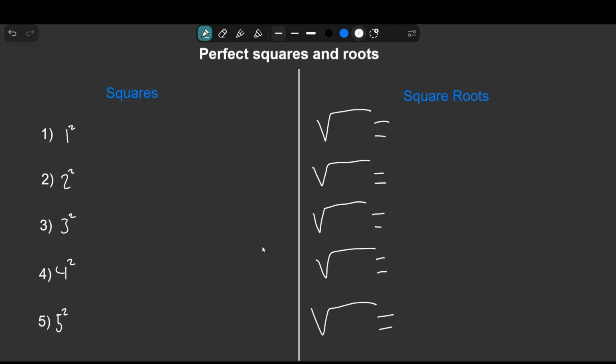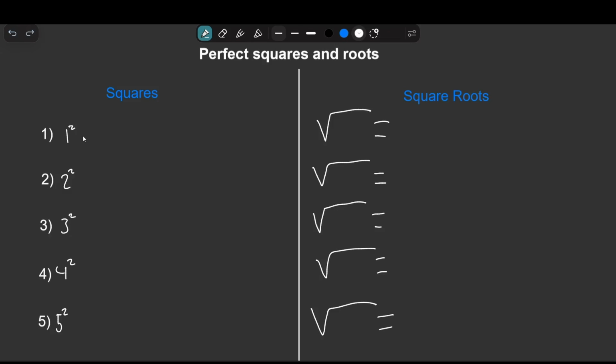And when it comes to square roots, they are the opposite or the inverse of squaring a number. So we need to think what number multiplied by itself will equal the number under the root symbol. So let's jump into the first 5 perfect squares and square roots, starting with number 1, where we have 1